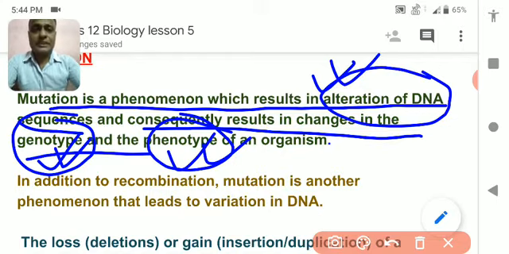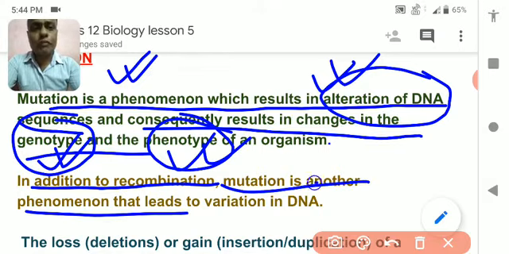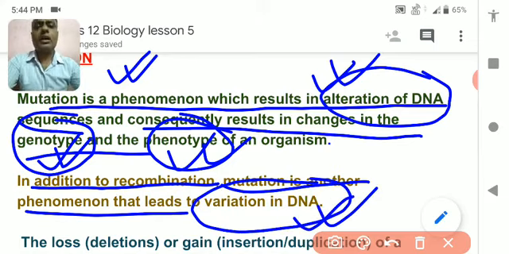Understood? So this is called mutation. I think you understand. In addition to recombination that happens during crossing over, which I have already taught in the last classes, mutation is another cause of variation in human beings. Mutation is one of the most important causes of variation. So we have already read that variation is caused due to sexual reproduction, that is crossing over, and also due to mutation, that is alteration in the DNA sequence or number of DNA or number of chromosomes. Also, we will study all these things in detail.